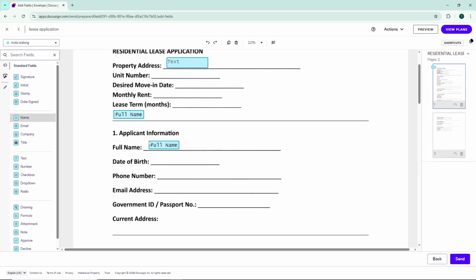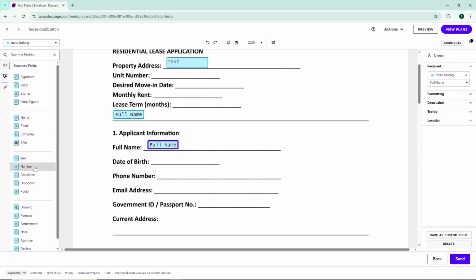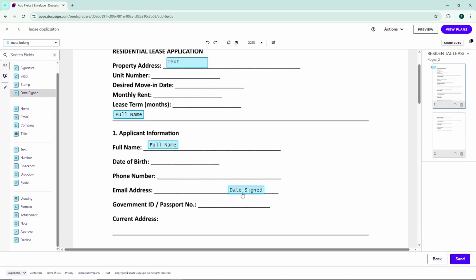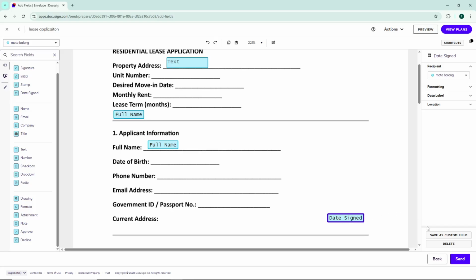Once you're satisfied with the placement of all signature and initial fields, click Send in the bottom right corner. Docusign will now send the lease application to all recipients for their signatures. And that's it. You've successfully sent your lease application through Docusign, and your tenant will receive an email with instructions to review and sign the document